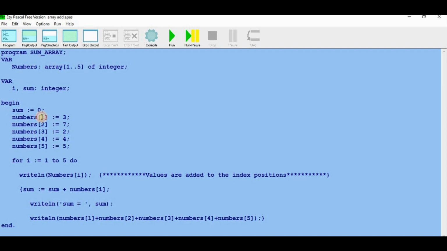Numbers, the first index is equal to 3. So what is the value of the index? Number 1 is 3. Number 2 is 7. Number 3 is 2. Number 4 is 5. And number 5 is 5. So before I go to the loop, let me just try to